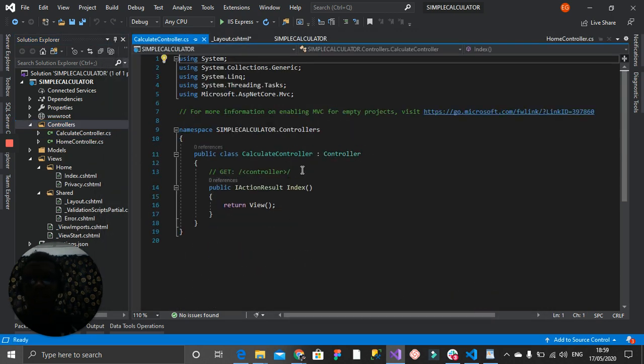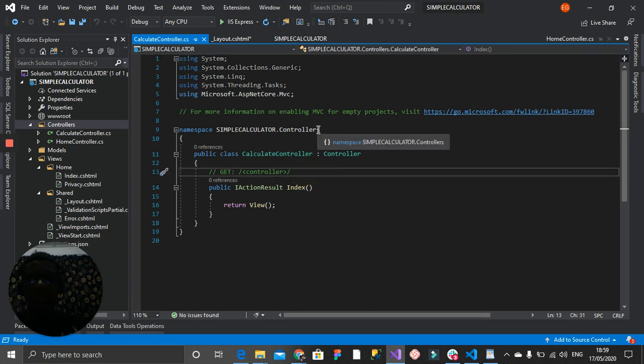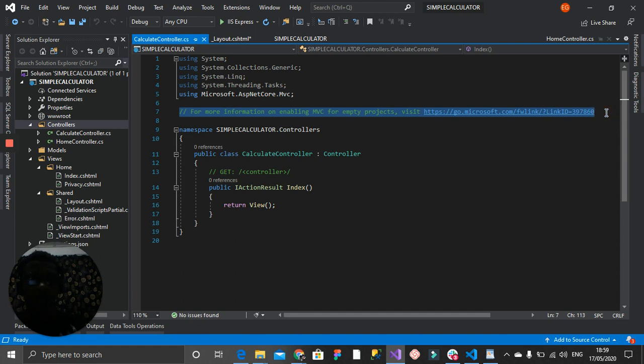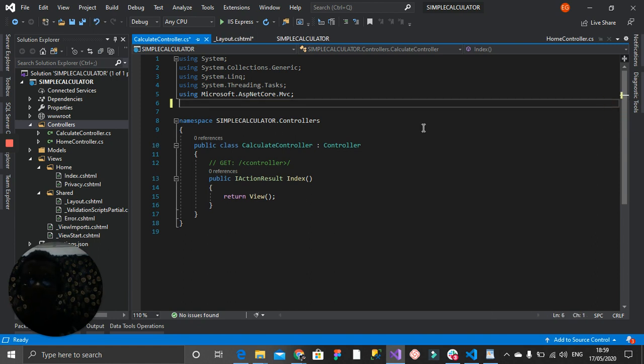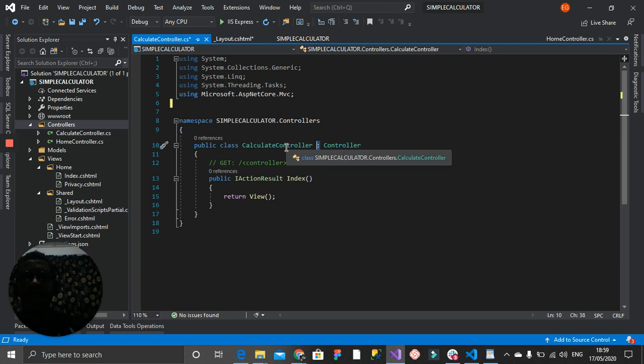So great, we have our class here. And as you can see, I'm going to remove this. It says this is the namespace, SimpleCalculator, which is this, then Controllers, which is this. And then the class is inheriting from Controller. That's why we have this. Our CalculateController class should inherit from the Controller class,